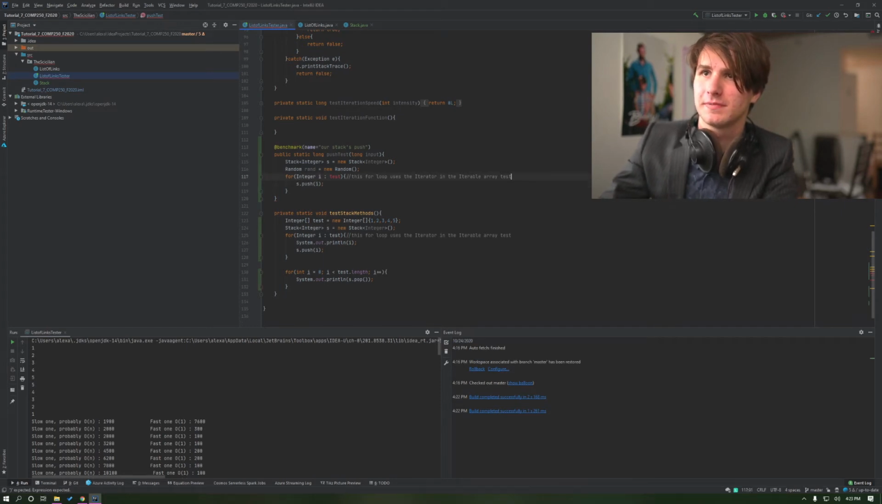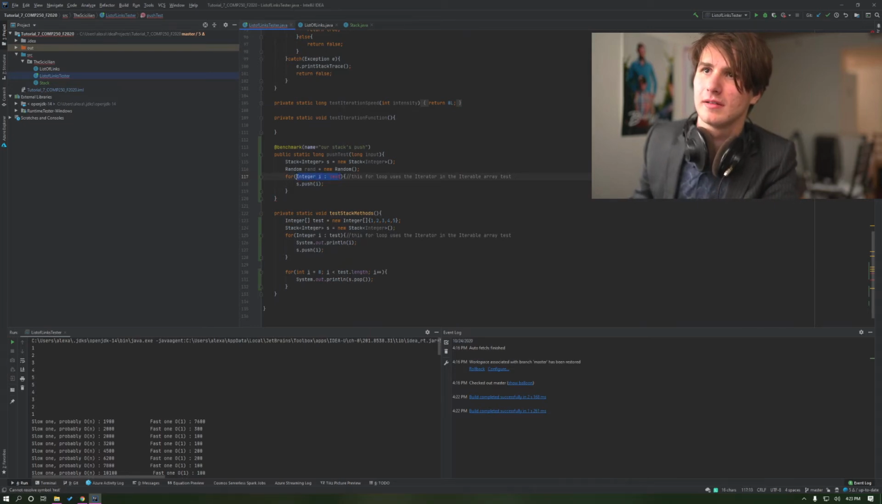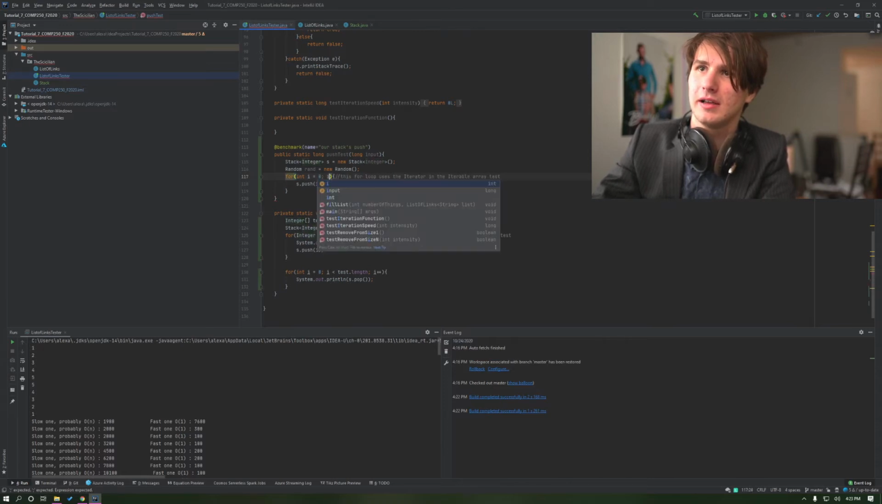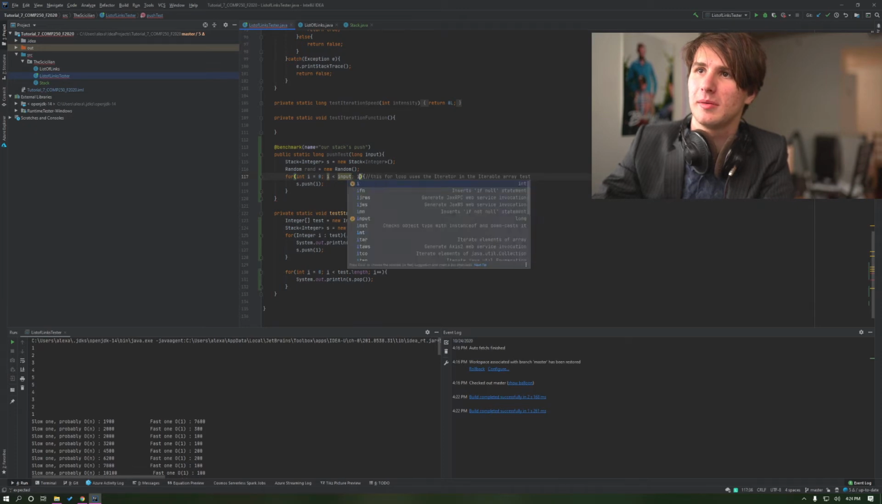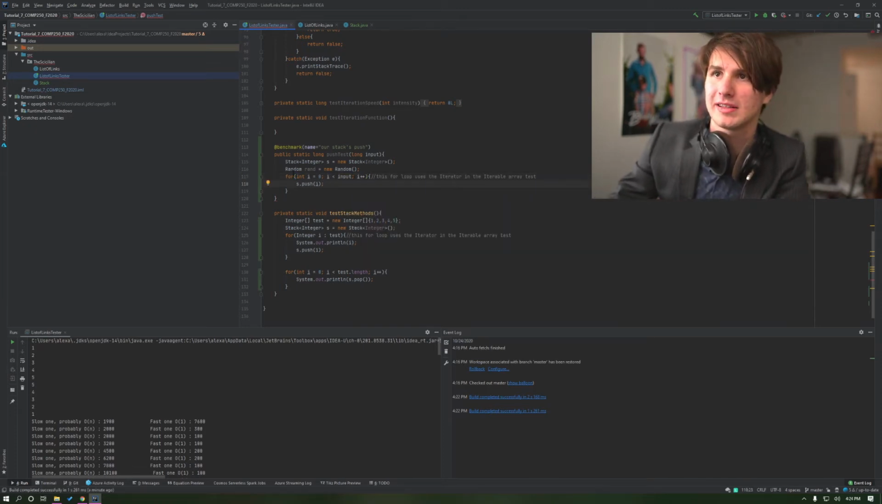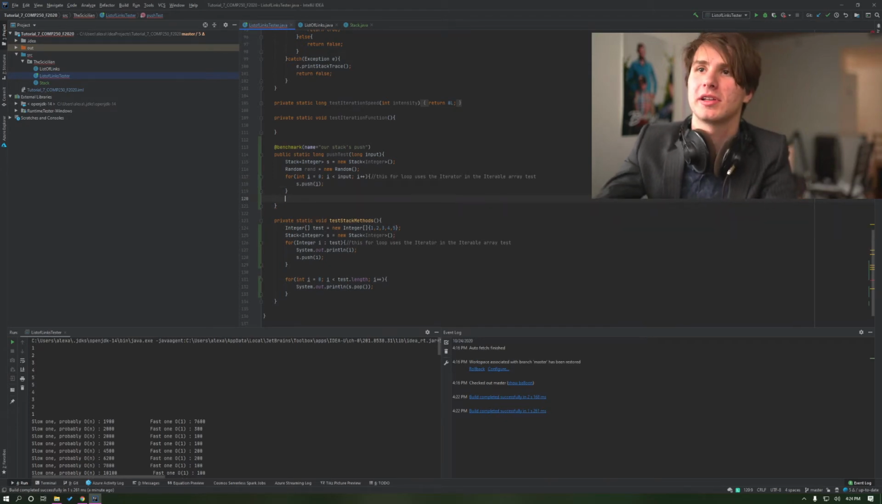So that's going to be for int i equals 0, i is less than input, which is the size, i plus plus, and the size is bounded by what's passed to us by the tester, s.push(i), which is going to add it to our stack. And now here we can just say